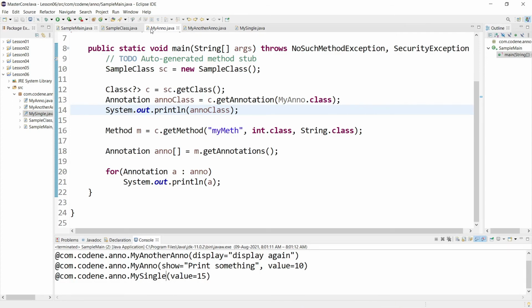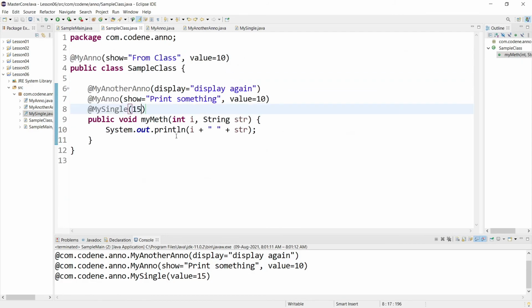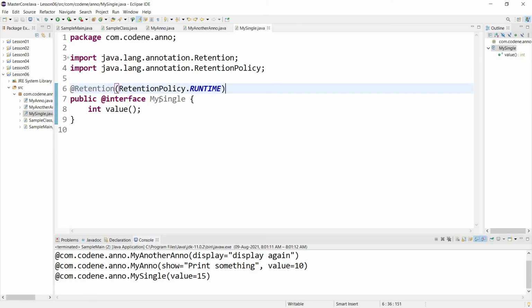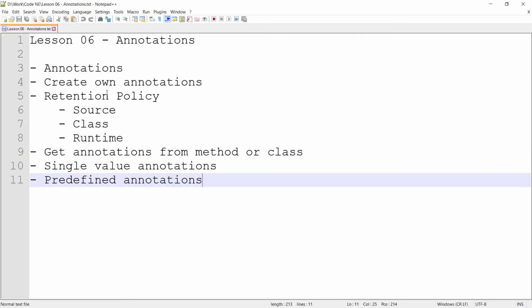We did not put any name, right? Like here we are putting the name of the method, show or value or display, but here for single we are not putting. So that is how your single value annotation works, and the rule is your method should be named value. Only this name will work for this kind of use of annotation.